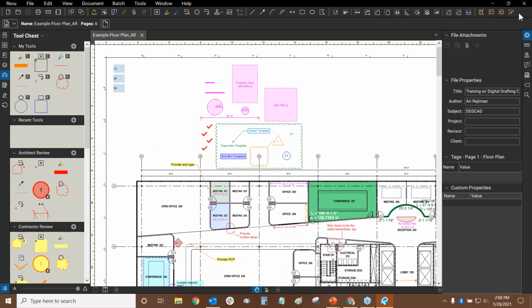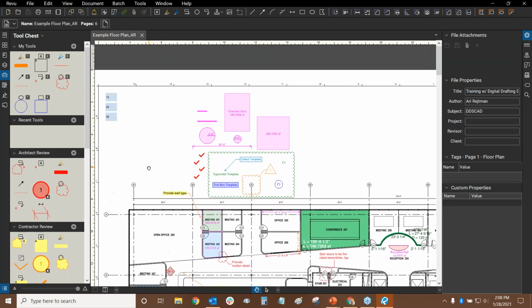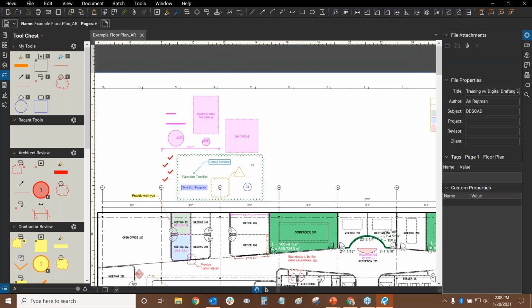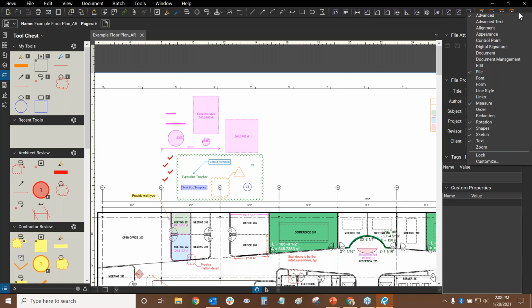Anyway, let's now look at customizing our toolbar at the top, and we're missing a toolbar at the bottom of our screen. So we're going to be fixing that as well. One thing you can do is if you have existing tools at the top of our screen, which we do in this case, we can right-click next to any of them, and we can see a list of all the